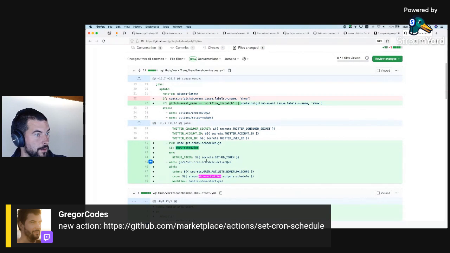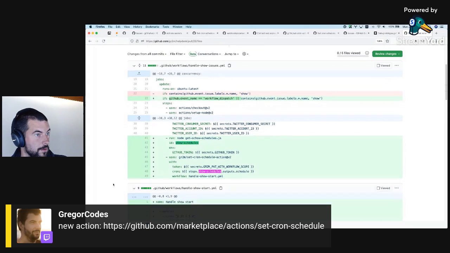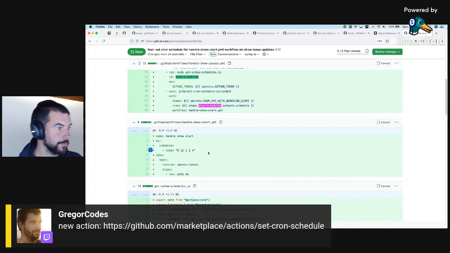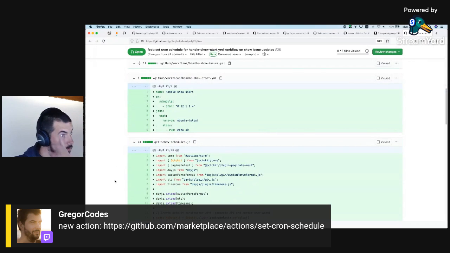Okay. This will be the new workflow file where we will comment on the current issue.